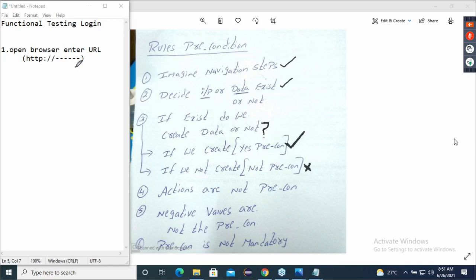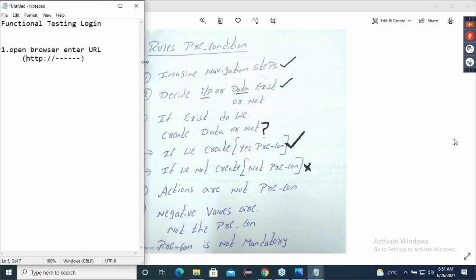So now you tell me, first step is open the browser and enter the URL. Everyone has given the correct answer: no, sir, we are not creating. So in step number 1, there is no precondition. Is it clear?